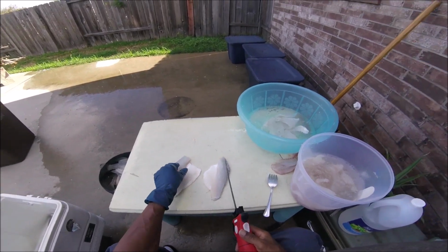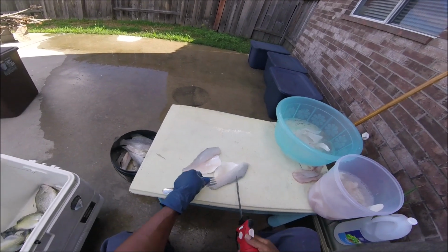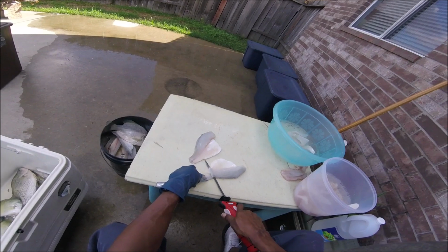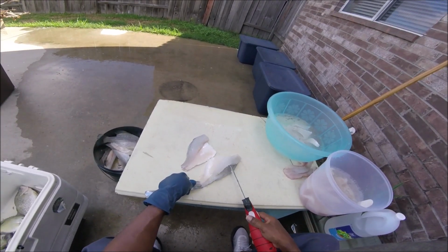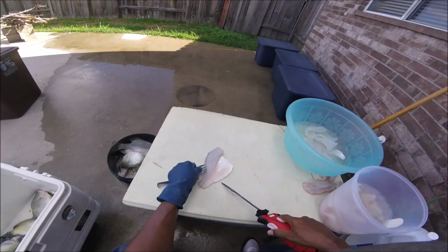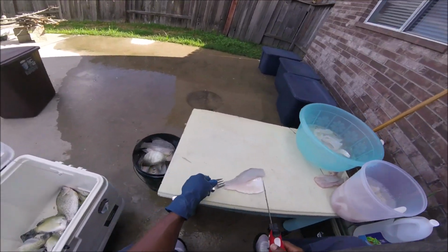But I tell you what, these bled out fillets look so much better than non-bled out. I will be doing my crappie and all my fish this way from now on. Dadgum shame it took me this long to start doing it, but it was simple and easy. I thought it was something complex, and I always feel like I don't have time, but you know, we need